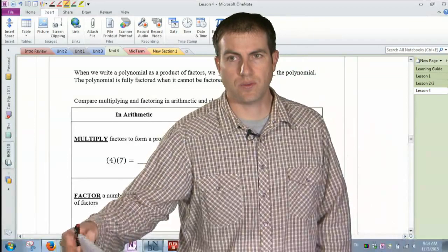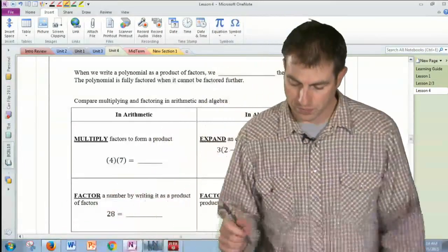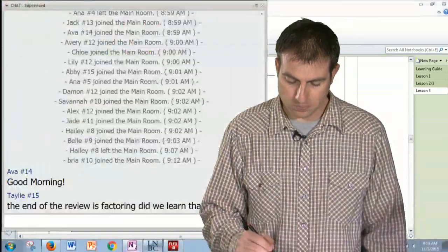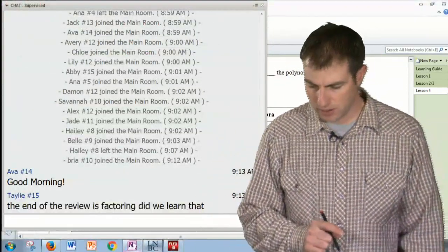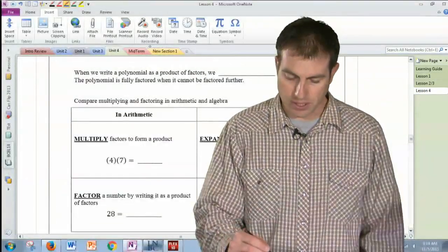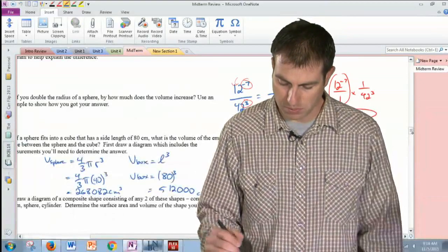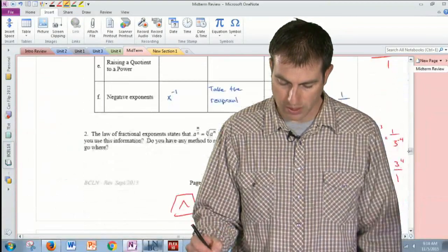The end of the review is factoring. Did we learn that? No. It's a good question. When we talked about the learning guide, I think I said to do the midterm review, I forget how many pages. I think it was the first 6 pages. We haven't done any factoring stuff yet, and we won't get to that until